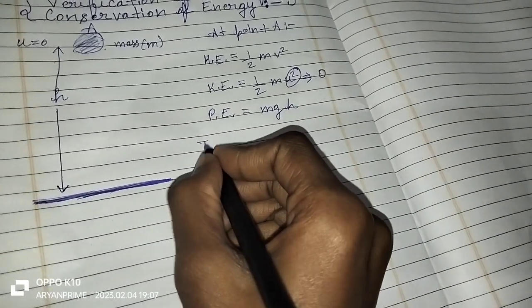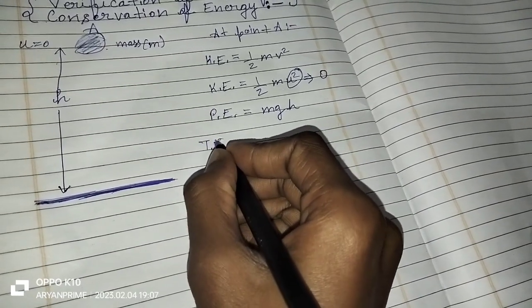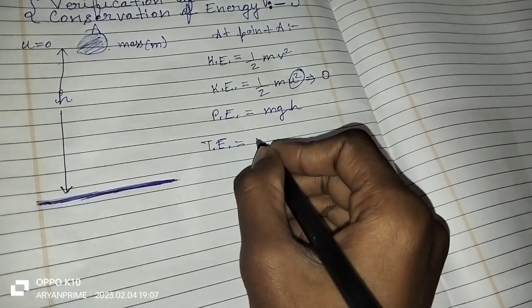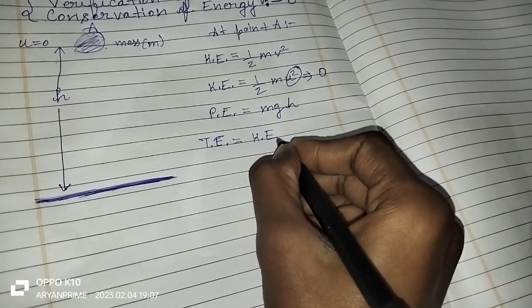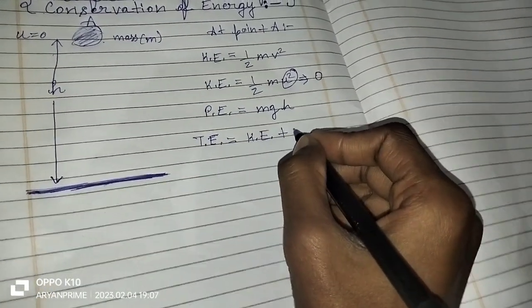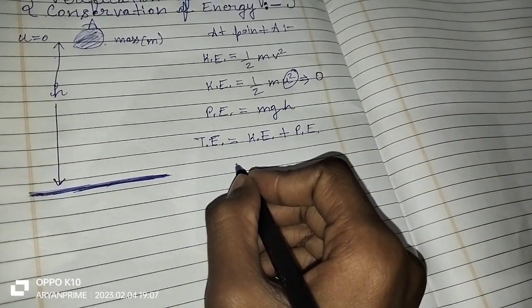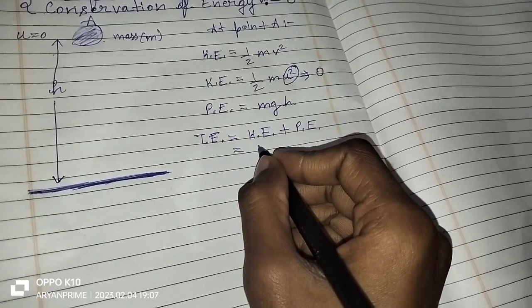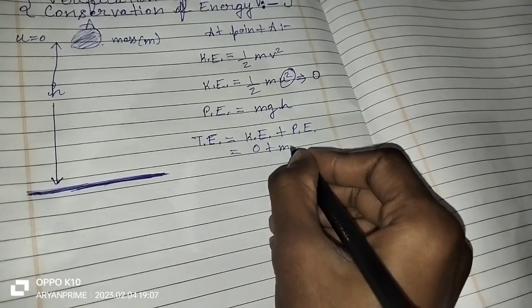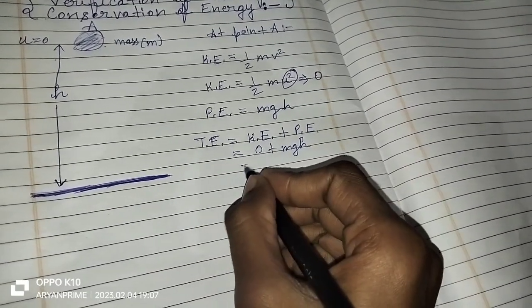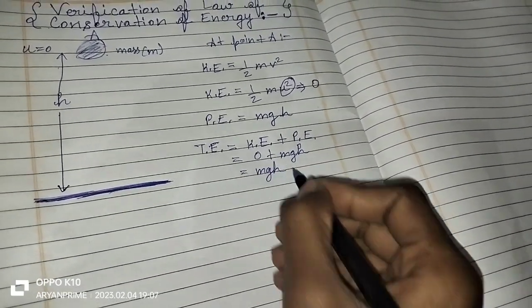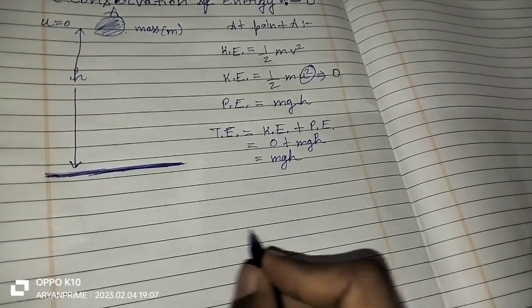So the total energy equals kinetic energy plus potential energy. Kinetic energy is 0 and potential energy is mgh. So the total energy is equal to mgh. So now